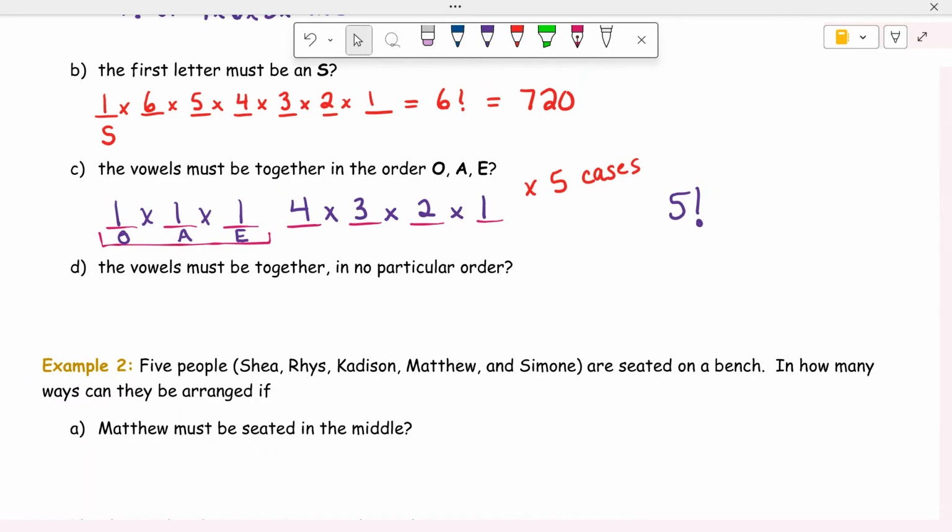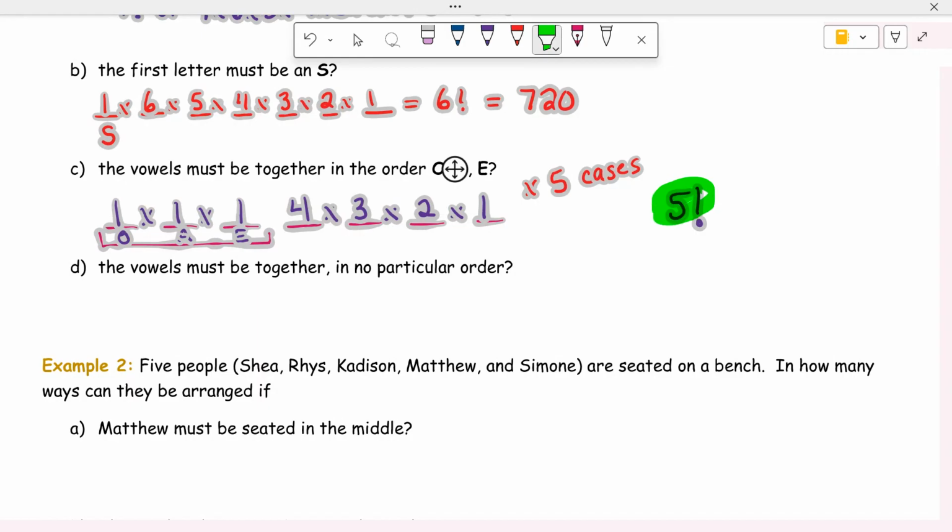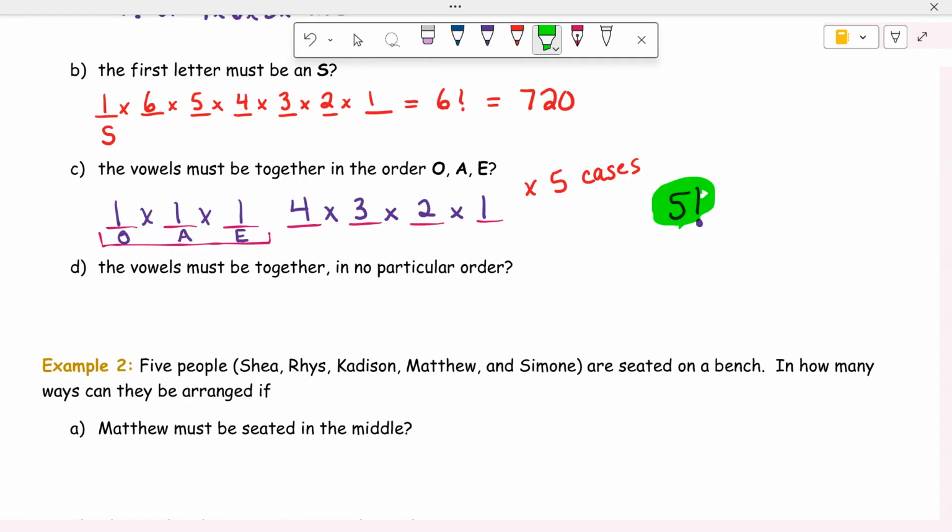If on a written you did this and you said times by 5 cases because the vowels can move 5 different positions, are you still getting full marks on the rubric? Yeah, you're still getting full marks, okay? It's just, like I said, I'm going to show you equivalencies. This is equivalent to that, so both are acceptable as final answers. Well, final answers will be